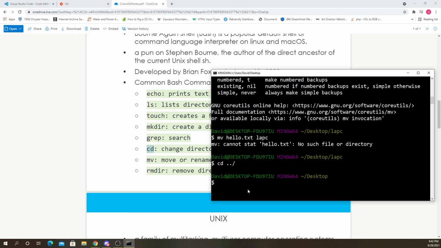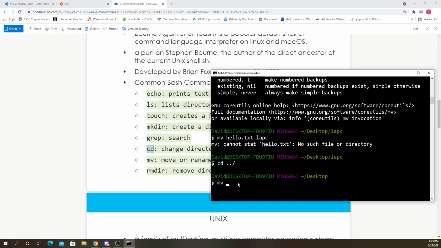If you've taken the web design classes before, you know that when you're linking to a file and need to exit a folder, maybe you're trying to link to an image from your CSS file, which is inside a CSS folder, but you can't link directly because you have to exit the CSS folder and then go into the images folder, then you would do dot dot forward slash and then images, right, to get out of the CSS folder. Well, it's the same thing here. So dot dot forward slash goes back in the directory. So now I'm back on the desktop.